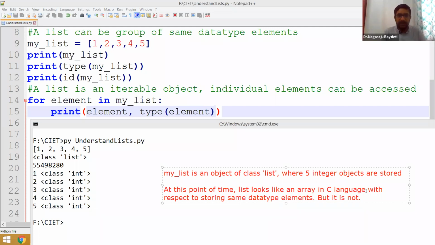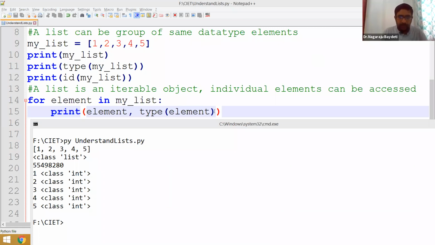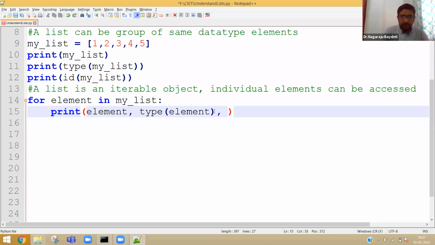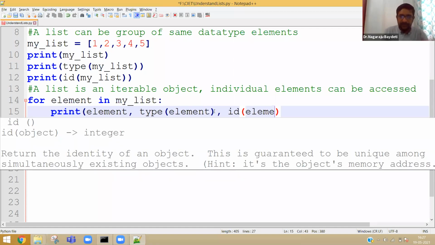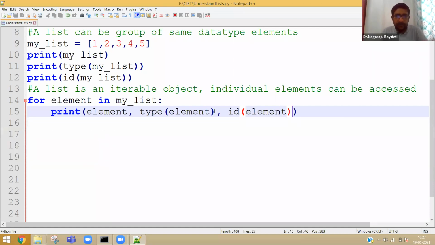Now let me take a screenshot and also show you the ID of the element. Now we are going further. See, first of all, a list is a group of elements. That's very simple to understand. Now let us try to understand how exactly this list is organized at the system level. Basically, how the memory management is handled in a list.